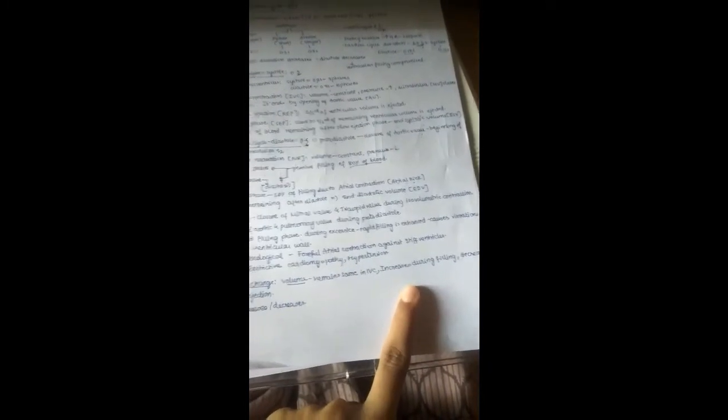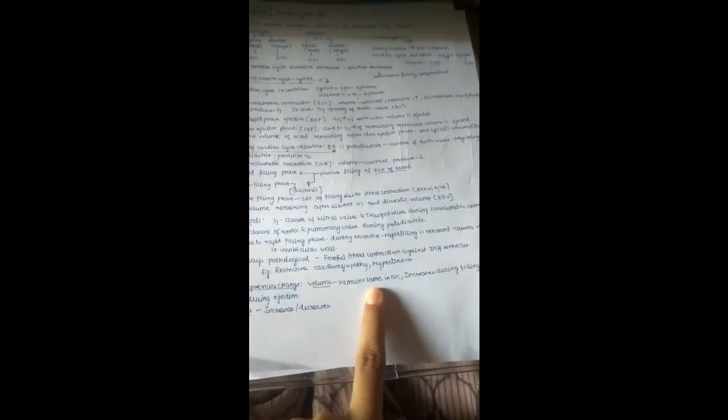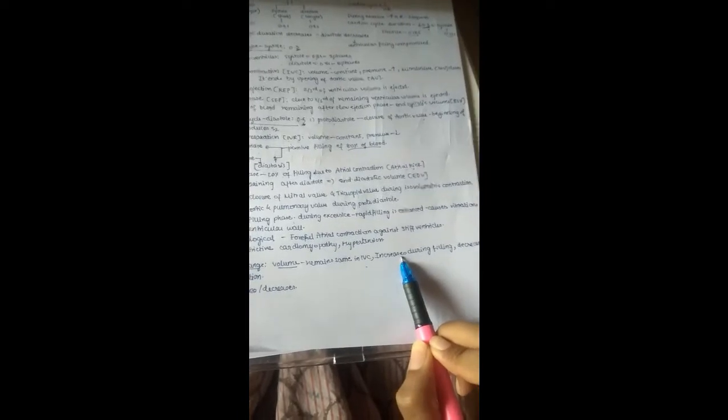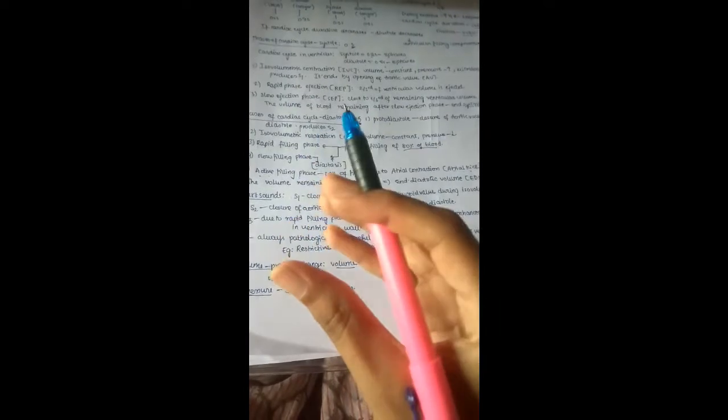And next, let us see the volume pressure changes. Volume remains the same in isovolumetric. IVC here means not inferior vena cava, it's isovolumetric contraction. In isovolumetric contraction, we know the volume remains the same, increases during filling, and decreases during ejection. This is about the ventricle. The volume is constant in isovolumetric contraction, whereas volume increases during filling, and volume decreases during ejection, because the ventricle should pump, meaning it is contracting.